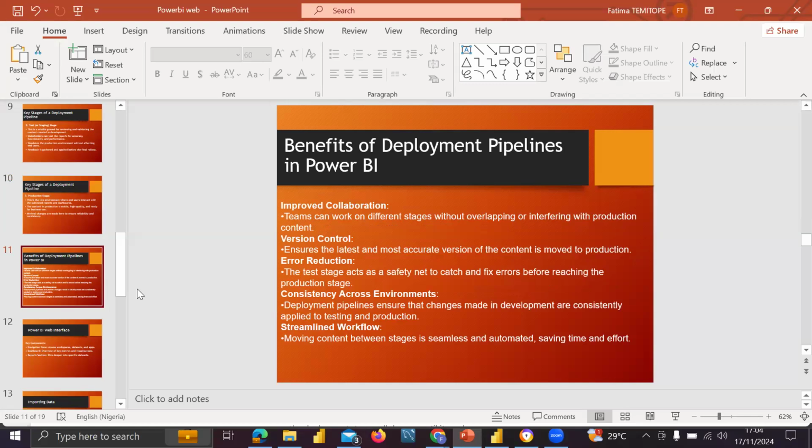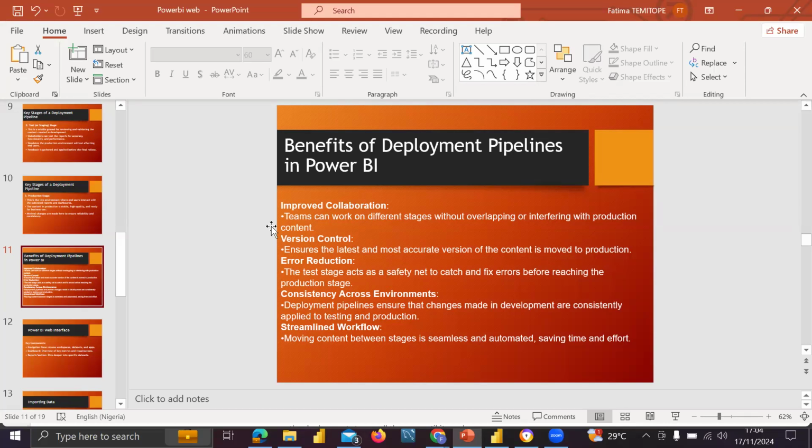So whenever you go for interviews, you already have an idea that we use deployment pipeline to manage our projects in Power BI. So it's left for you to go back and make your own research if you really want to know more about it and get hands-on to familiarize yourself with how it works.